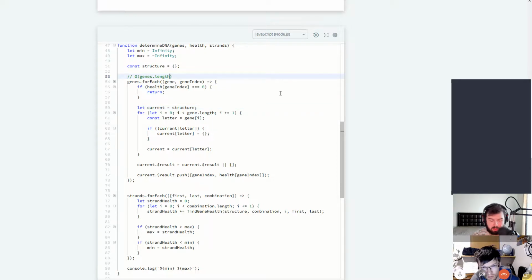So it will be a multiplication, gen length, like max gen. There is no such thing as max length, but I just want to write it like this